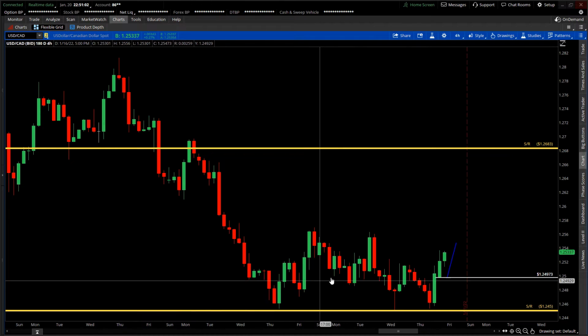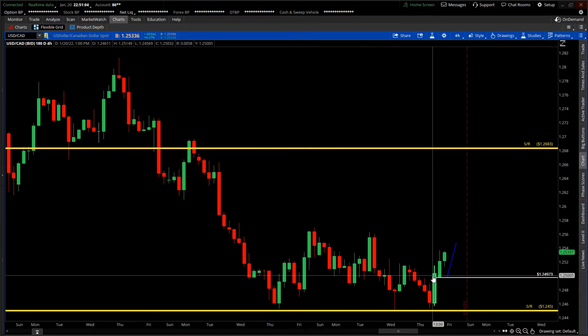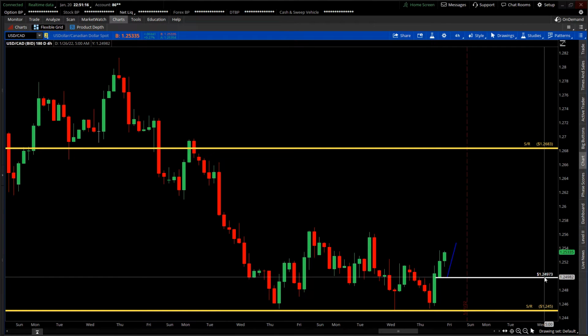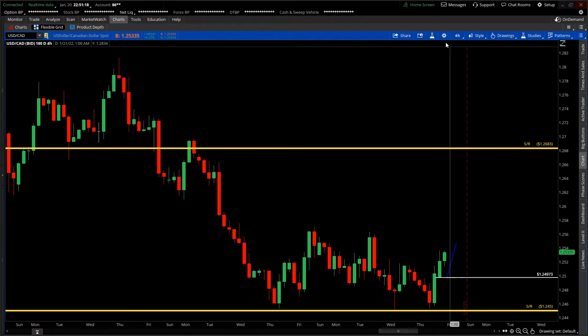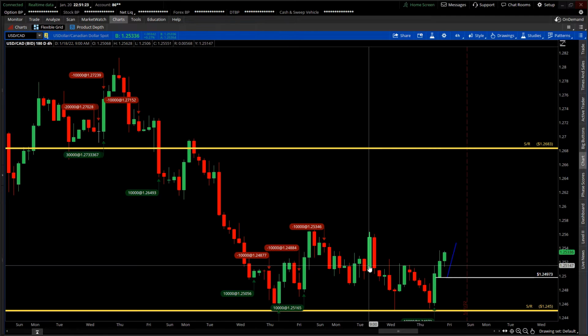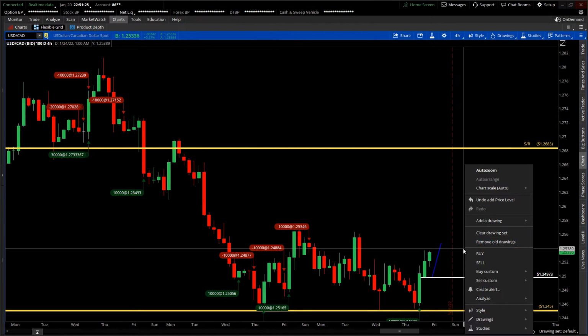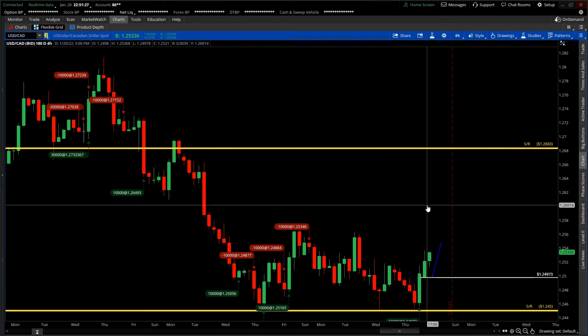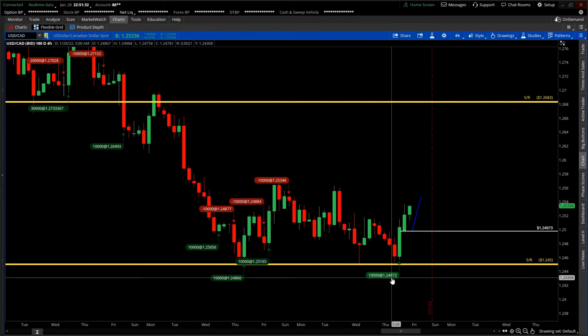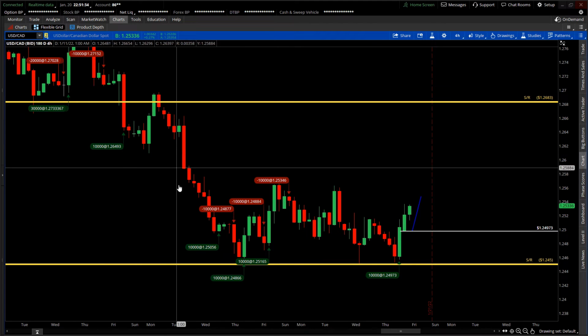And when I saw that price was breaking above this level, I took a small position, one mini lot, 10,000 units at 1.24973. So if I show trades, here's my long position at 1.24973, and as you can see here, I've traded in and out of this